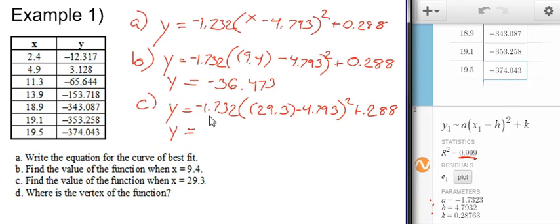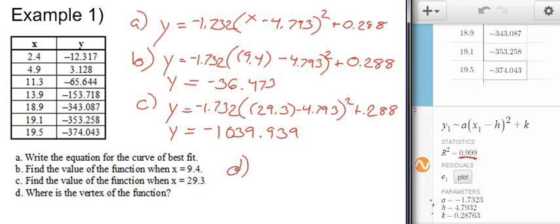So in this case, the value would be negative 1039.939. And again, I can check and see if this makes sense. These numbers, as x gets bigger, are getting bigger in the negative direction, and so we would expect some number to be much smaller than negative 374, like negative 1000 is. So it passes the smell test. It makes sense. All right, for part D, we're asked to find the vertex of the function, and you might